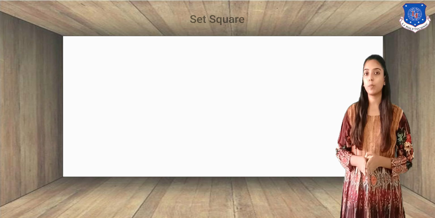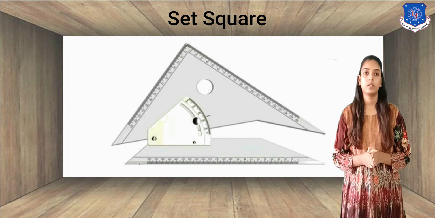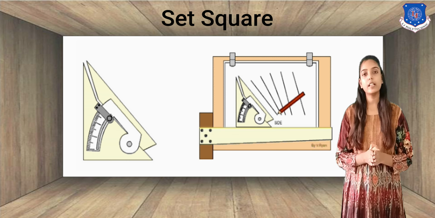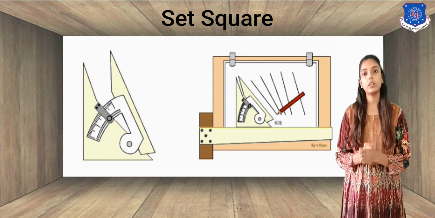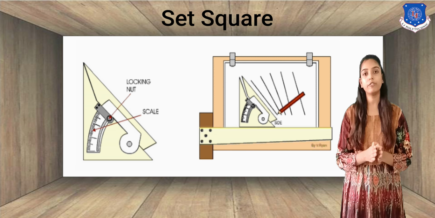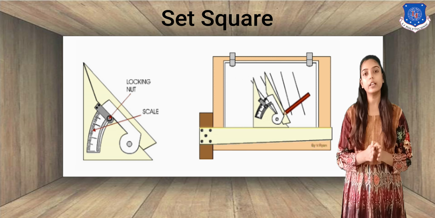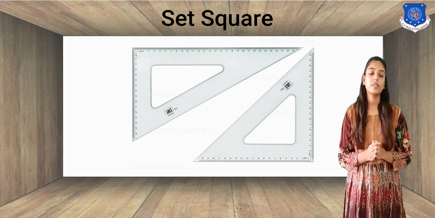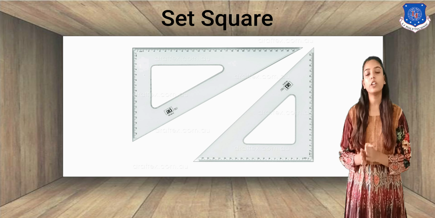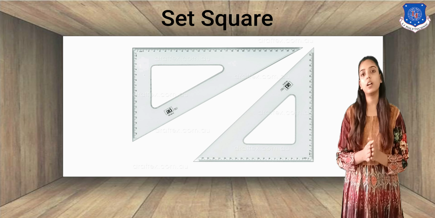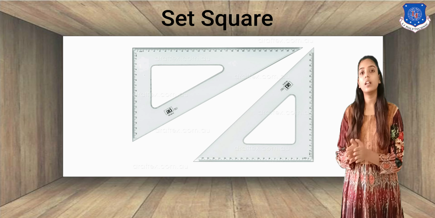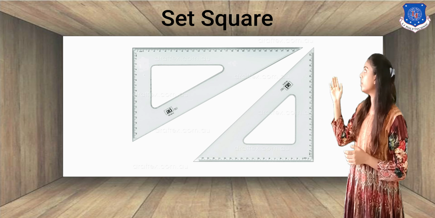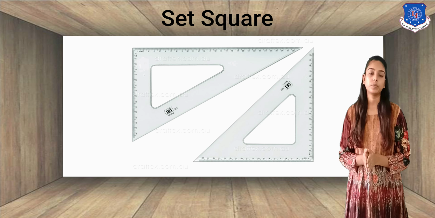The next drafting instrument is the set square. It is made out of plastic or acrylic material. It is mostly used to measure an angle or draw an angle like 30, 45, 60 and so on, up to 180 degrees. Set squares are also used to draw different types of lines like horizontal line, vertical line, parallel line, perpendicular line, angular line, etc. As you can see on the screen, a sketch of a set square.